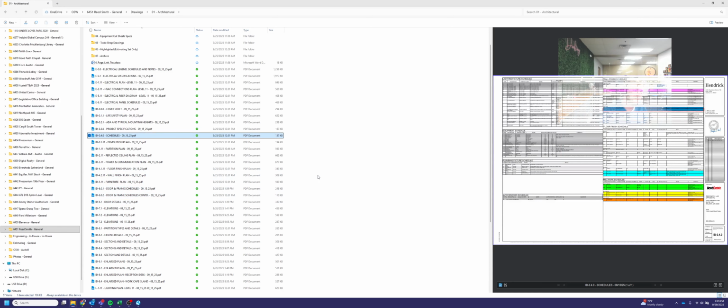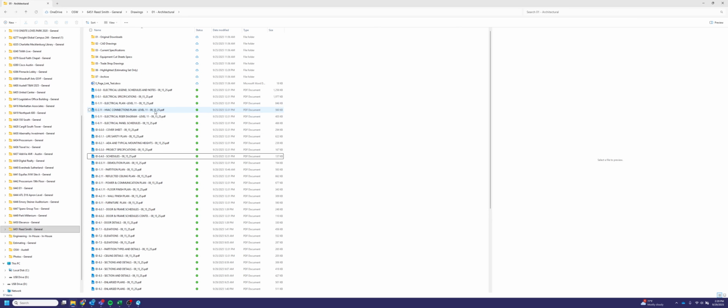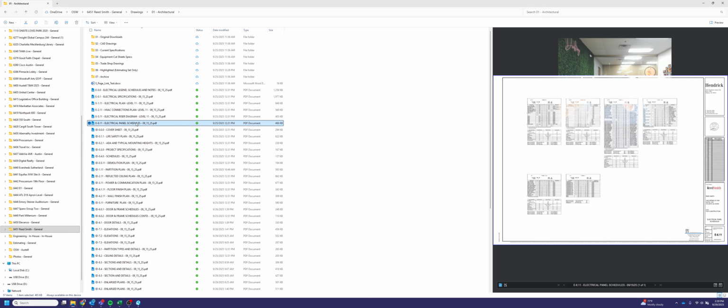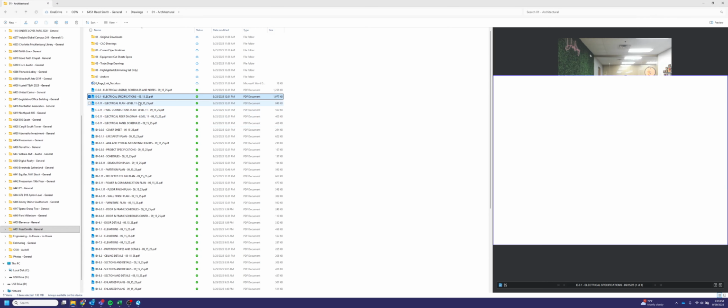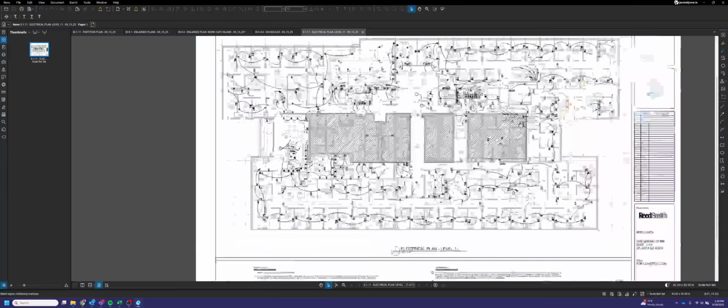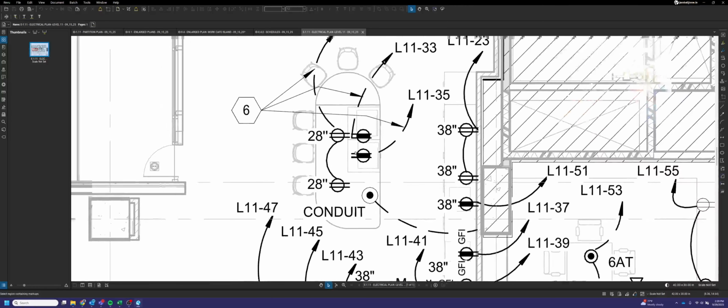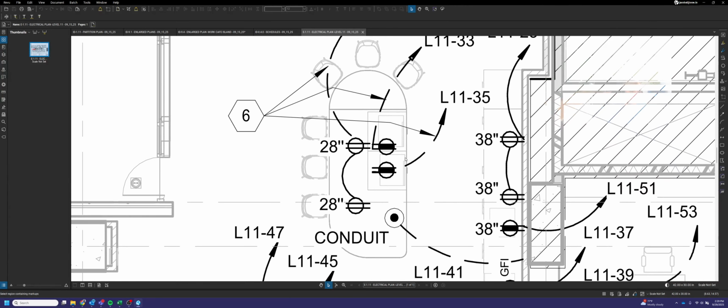To find that, you're going to go back to your architectural folder. If you do not see any electrical drawings in here, sometimes they will be moved into trade shop drawings or maybe even under original downloads. You might have to look for them, but luckily they are right here for this job. They are labeled with an E at the front instead of an A. Stands for electrical, of course. So what we want to do is find the electrical plan, and we're going to go right to where the island is shown. Okay, so you can see here on this drawing,